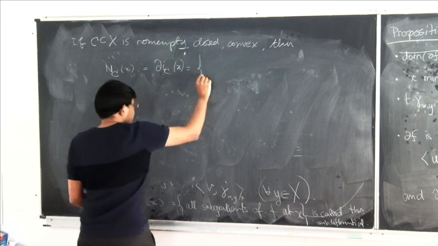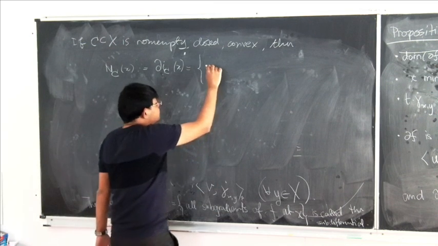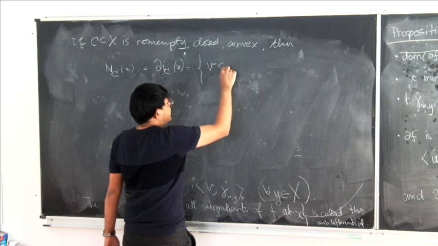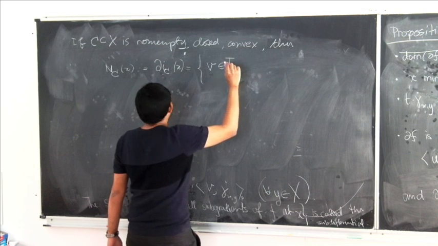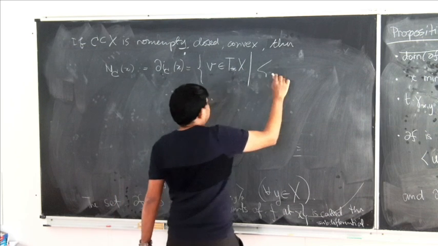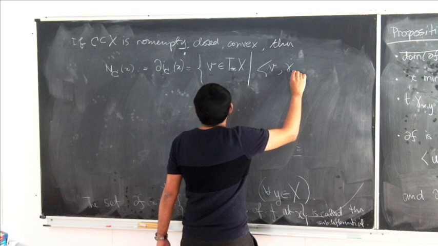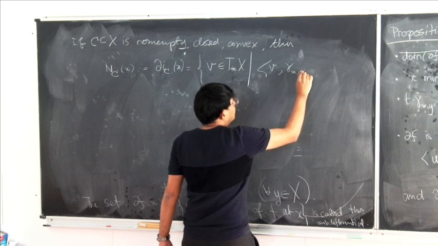And if you do the computation, this will simply mean you take all the tangent vectors v at the point x such that the inner product of v with gamma_xy